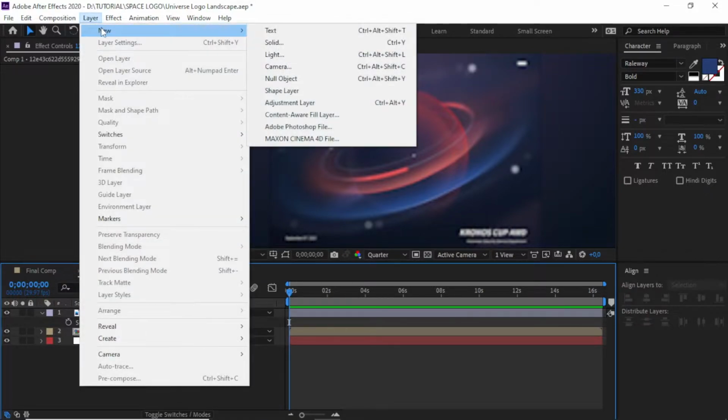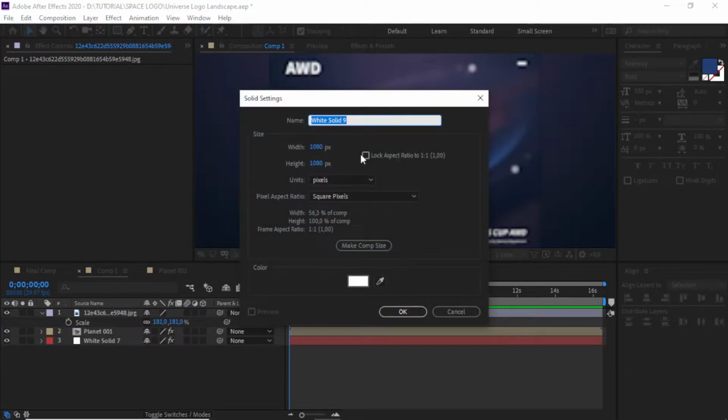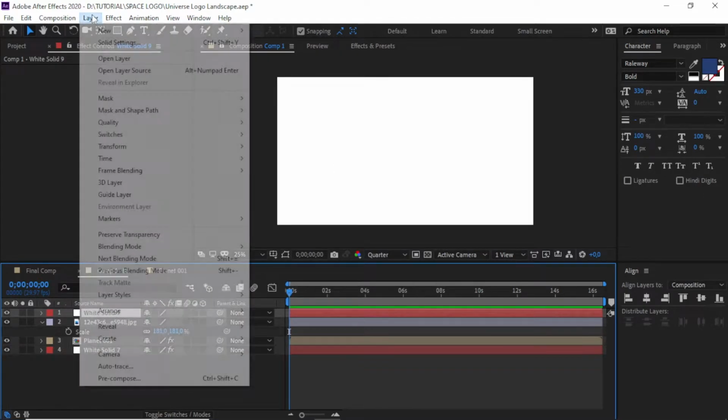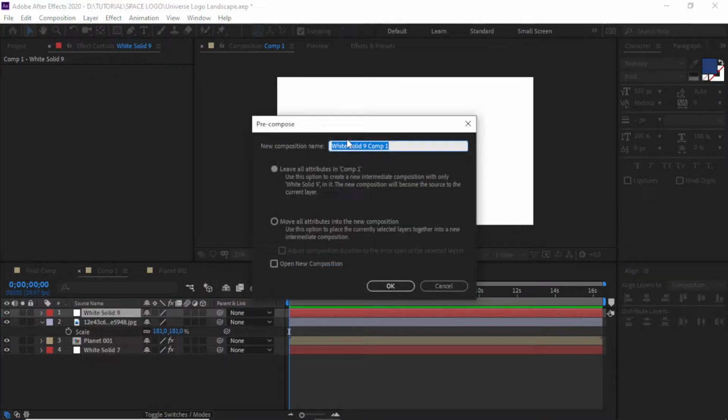I'll create a new solid here with 1920 and pre-compose it. Name it ring red.